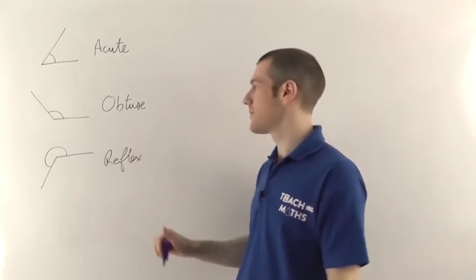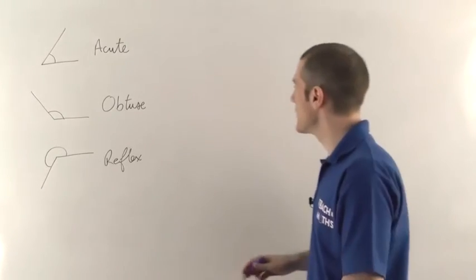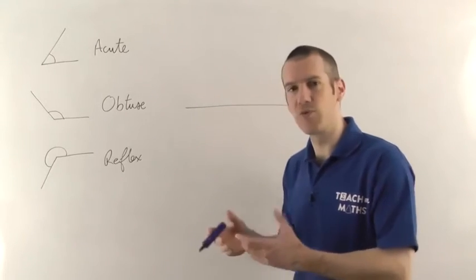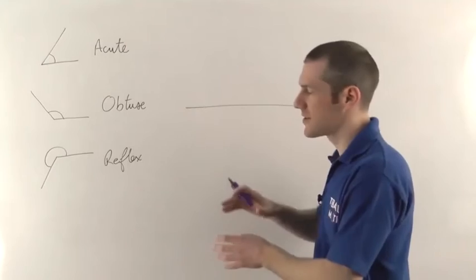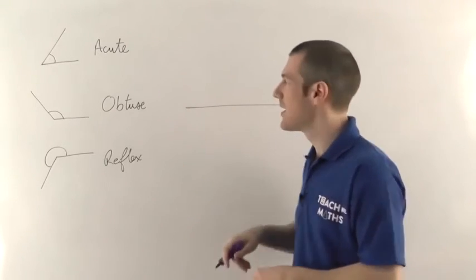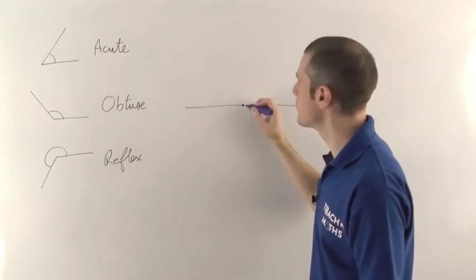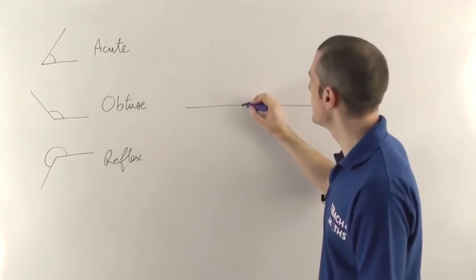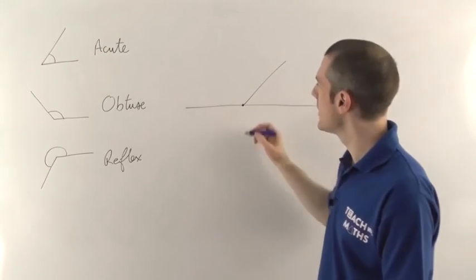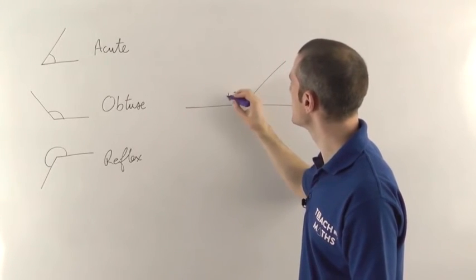So just as a quick preliminary then, leading into the angle facts video, angles are often used to solve problems in geometry. Various spatial situations require that you know what the angle is, or you try and figure it out, and then it allows you to work out other things that are useful to you. And just to show you briefly how that tends to work, if you had a straight line here and then another line that meets it at a point, if I know that this angle here is 130 degrees, let's say,